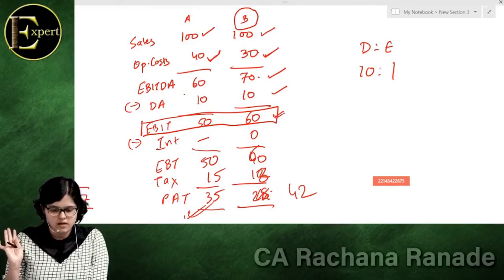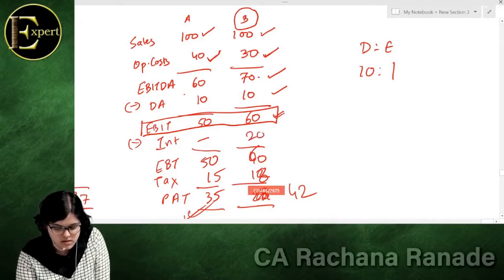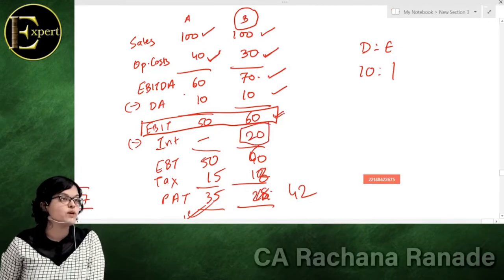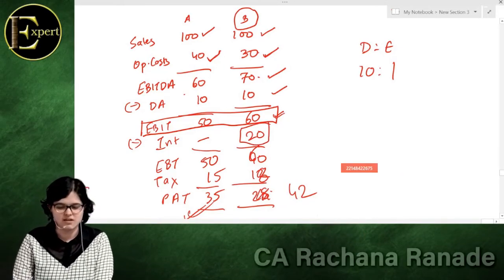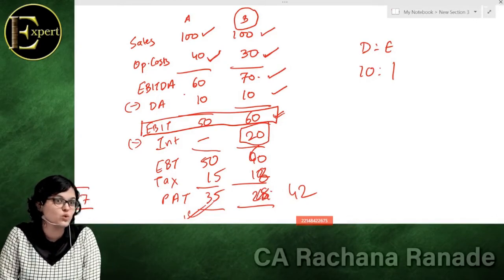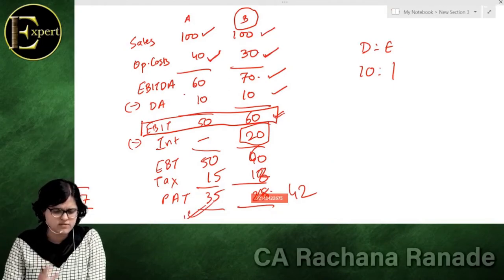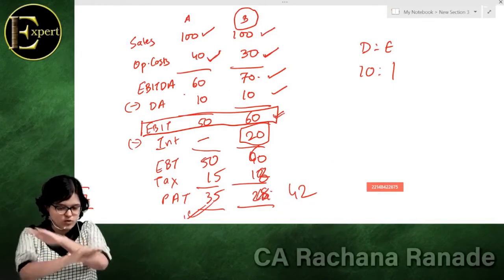Correct? Because this interest was your fixed cost, wasn't it? This 20 rupees was your fixed cost. Can the bank say, "Arey, this year you have made a loss, so don't pay interest"? Will the bank say this? No, you have to pay this 20 rupees come what may. So let us say there is a bad scenario where their sales directly go down to 50% for B.